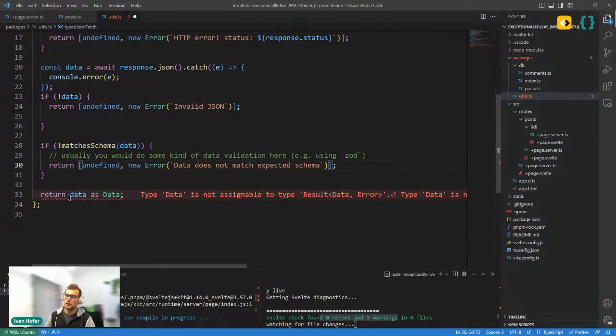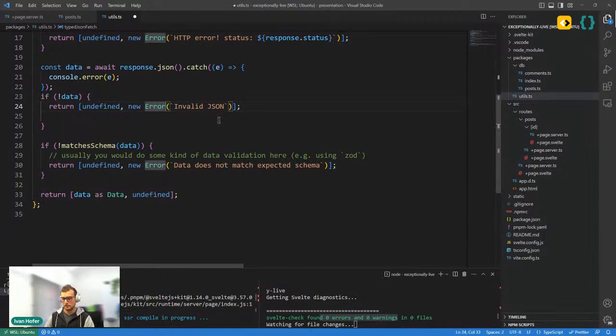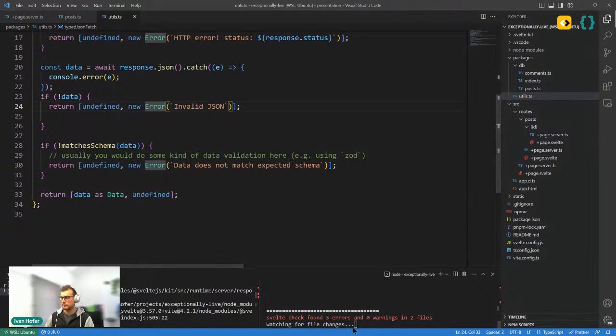And in the success case, as we have seen before, we return data as our first element and undefined as the second one. We now hit save and we immediately got errors because we haven't really updated the places